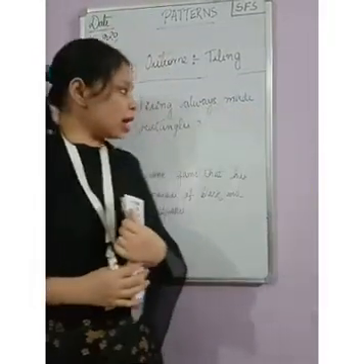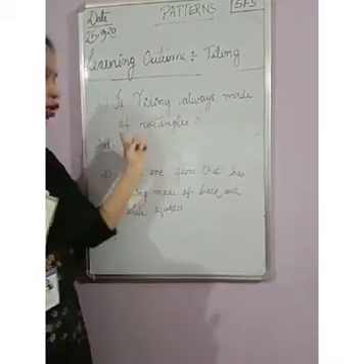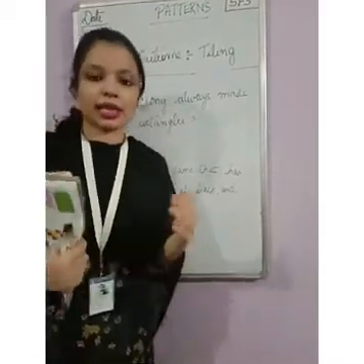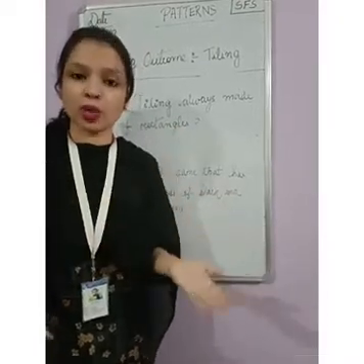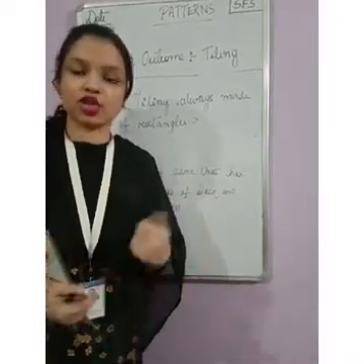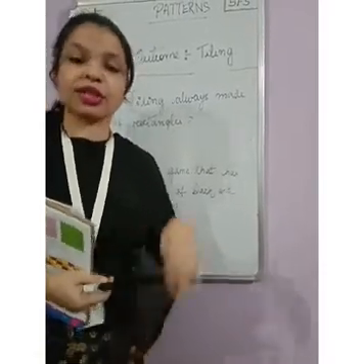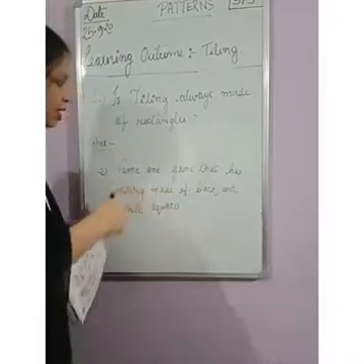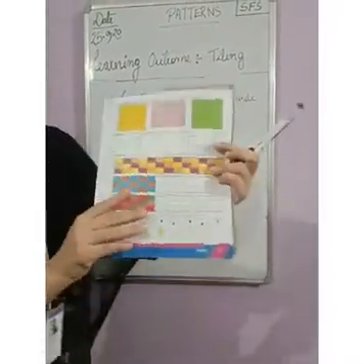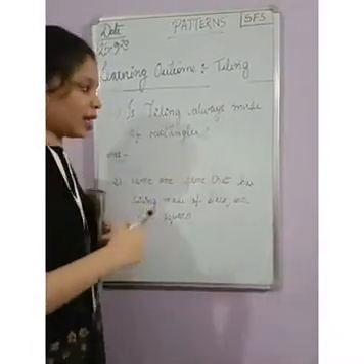Okay. Now this question is, is tiling always made of rectangles? No. You can see squares also. You can see triangles also. In tiling also, a pattern is used. It is repeated and colors are also used. Now if I say rectangles, you can already see. These tilings are all made of rectangles. Now how does the tiling look with the shapes squares and triangles?